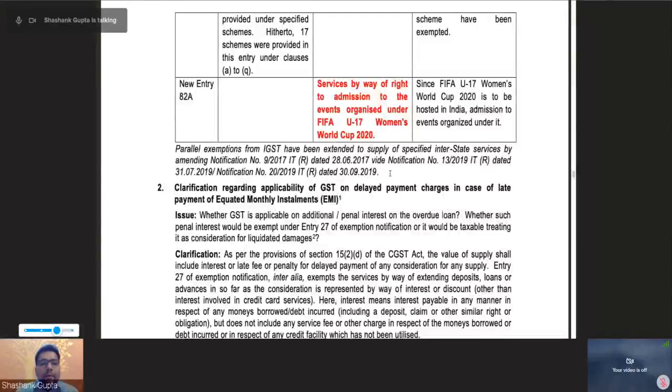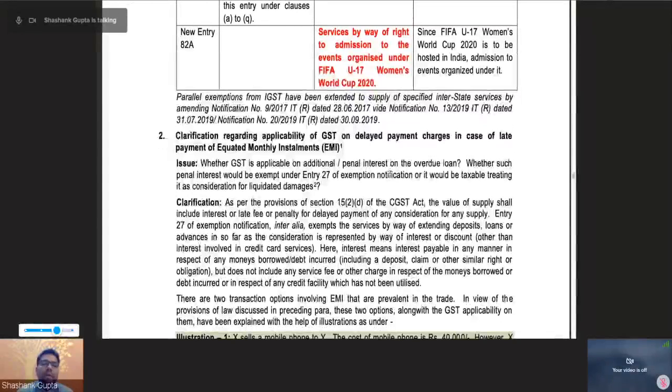Now, next, a clarification has been issued regarding applicability of GST on delayed payment charges in case of late payment of equated monthly installments. What does it provide? So it gives two sets of examples. One set of example is,